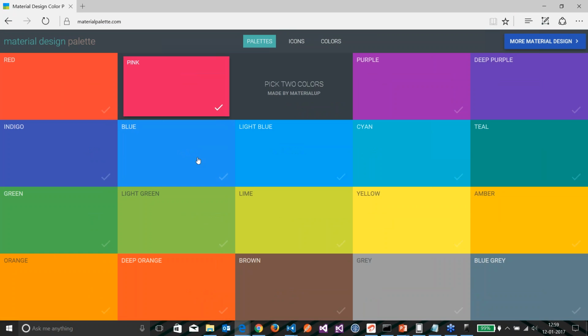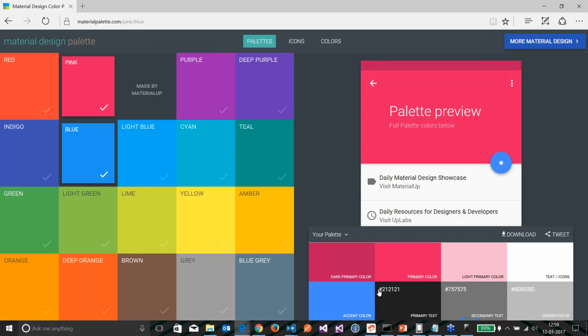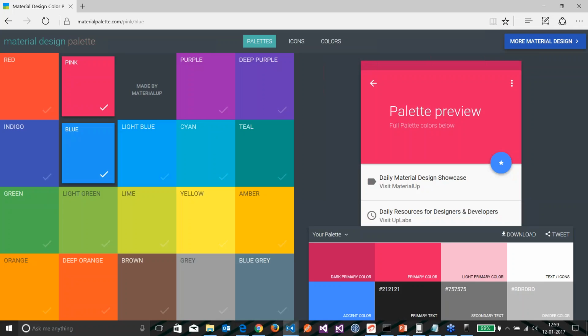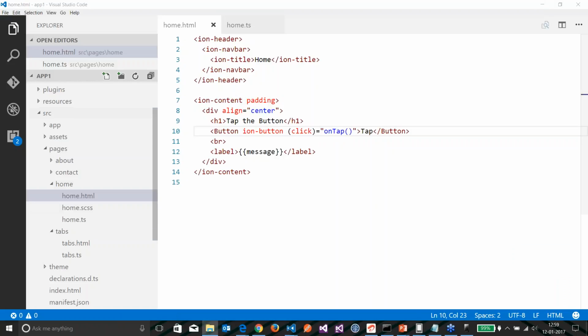So let's see, I want to pick up the pink one, and I will take this primary color. It is copied onto my clipboard. Sorry about that, there was a flicker. So I copied it into my clipboard, and now what I'm going to do is